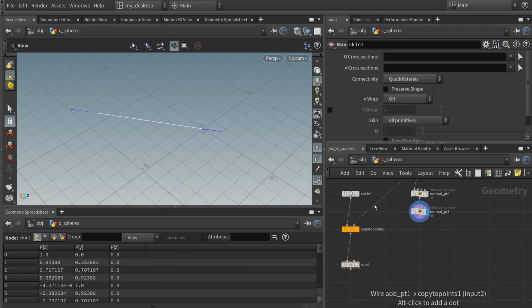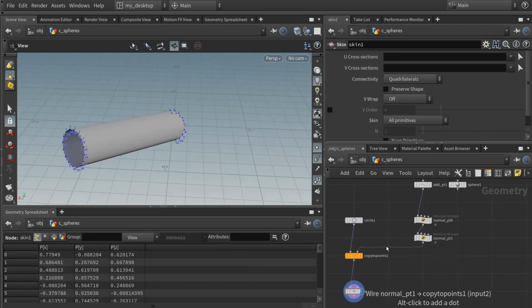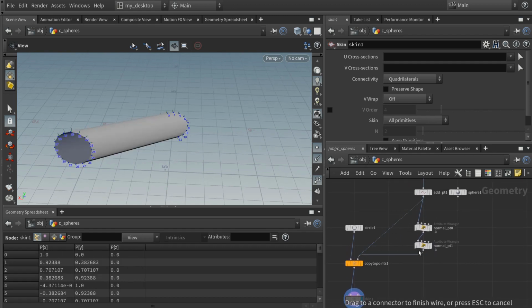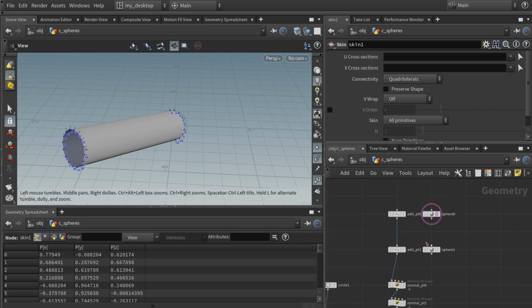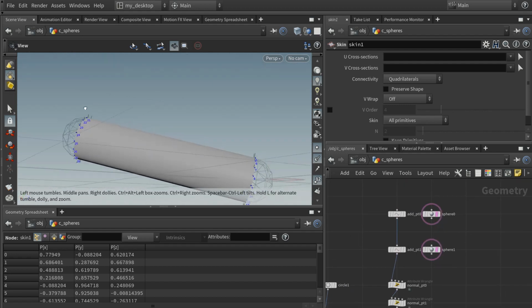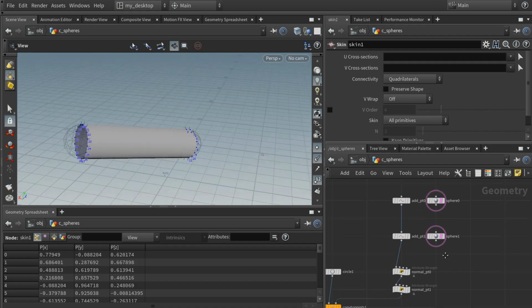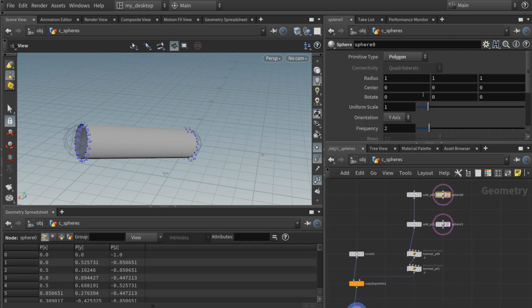So now I'm connecting the inputs from the copy to points inputs to the attribute wrangle, and we can see the difference. Because the circle is now aligned to the normal, that way it kind of looks towards the other circle before creating the tube. Alright, that works. So now when I move the spheres,